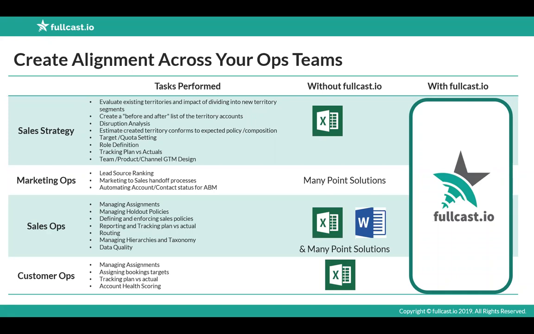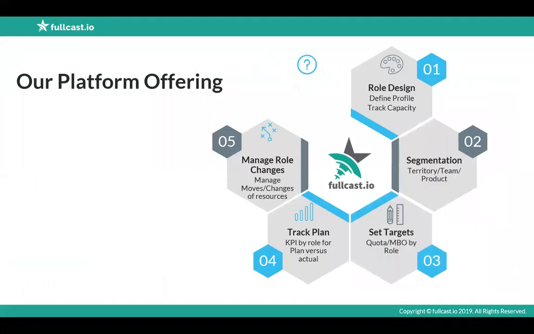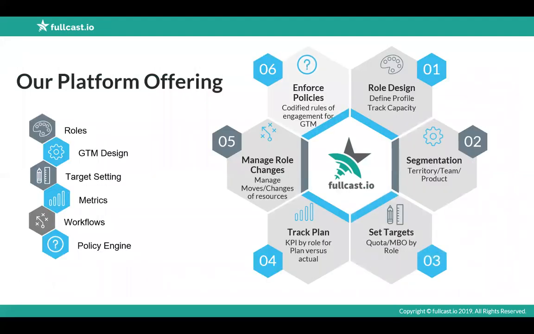Customer ops works the same way, when you look at the team module or even the design module, assigning who's assigned to what in what role. So we can have customer management roles there. There's a lot of stuff, like I said, in the platform. The platform covers the full aspect of creating the plan, tying the plan through policies, and driving consistency for sales ops people. Our view is that as we build one ops, whether it's customer success, sales, or marketing, they need to be aligned, and the best way to align them is allowing the go-to-market.